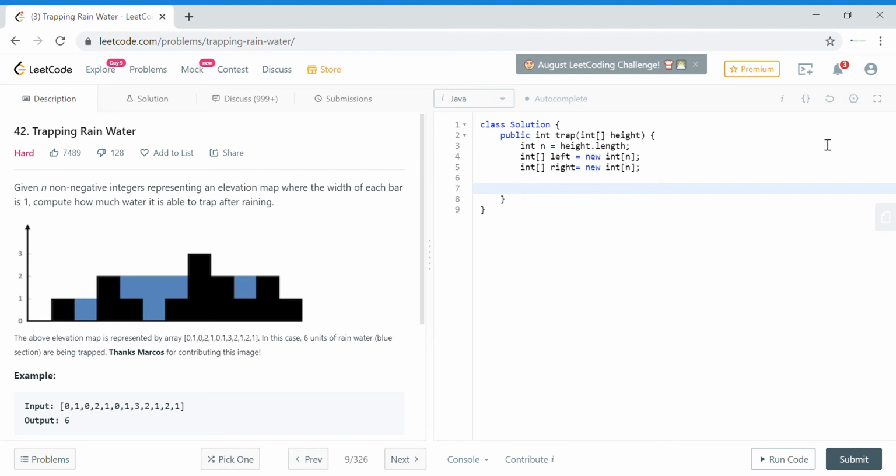So first we'll populate our left array. This then n, i plus plus. So the left of i will be, if i is equal to 0, in this particular case left of i will be equal to whatever height, basically the first building. This is the corner case. Otherwise what we need to do is,